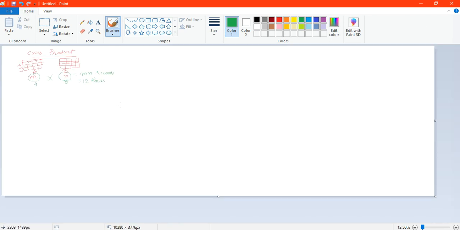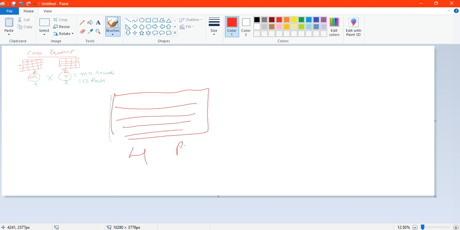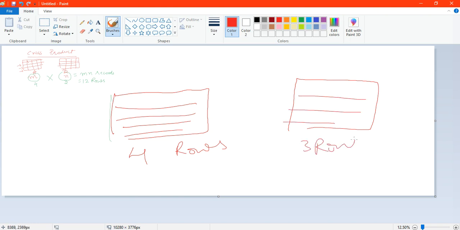Let's see here. Let's say I have this one table. I hope this is visible. Okay, so I have this one table in which there were 4 rows, and another table in which there were 3 rows. So what will happen? Each row, let's say the first row of this table, this is the row which contains the records. I'm not designing the header row here.